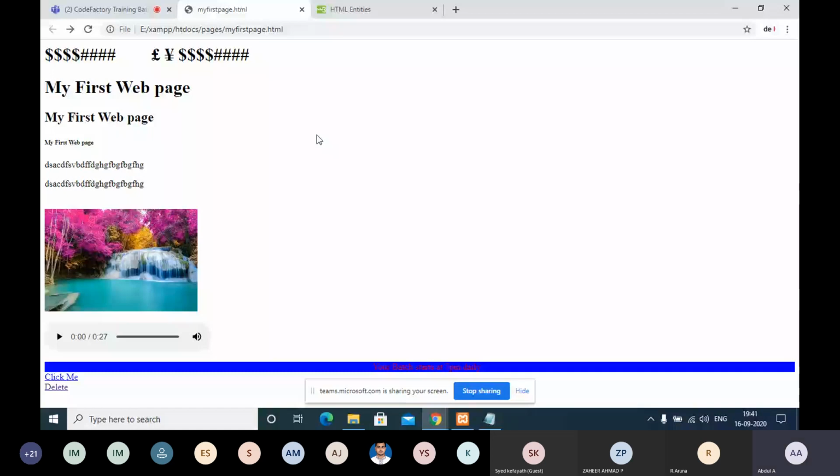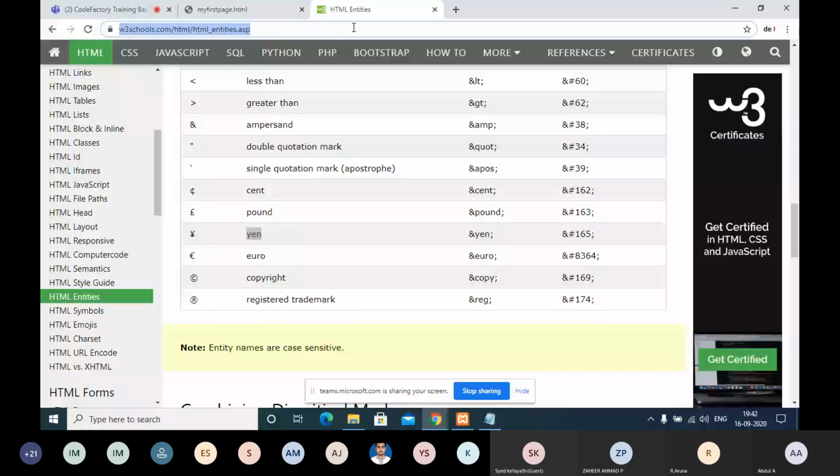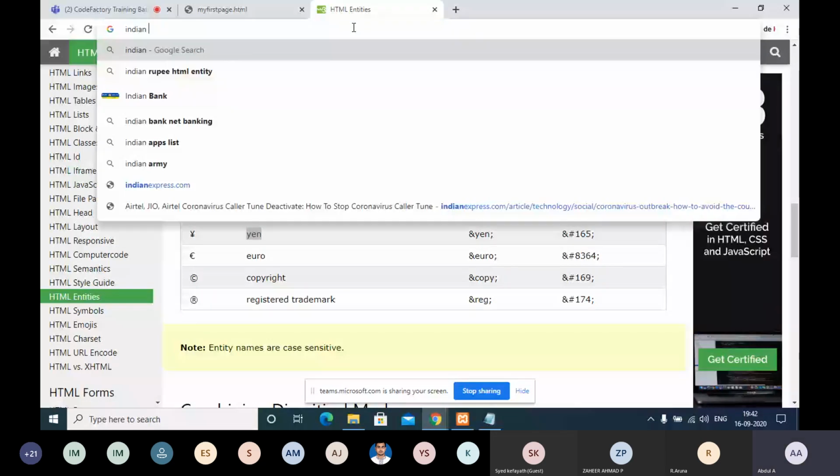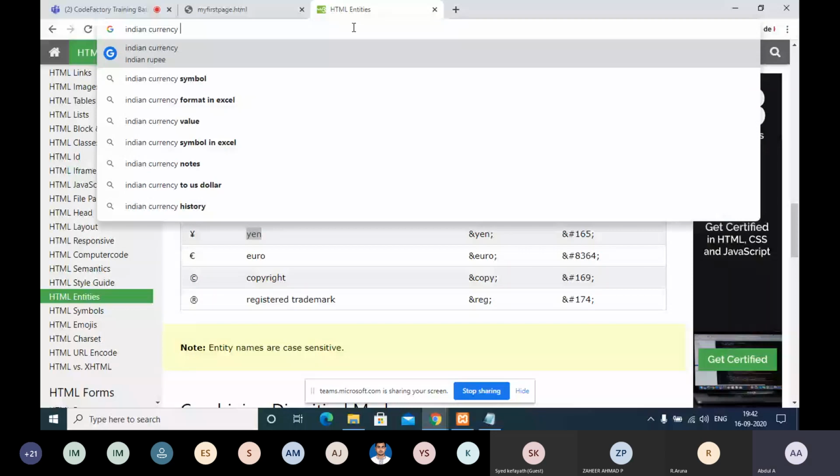If you want to bring it into HTML, how will you make it? In that case, you just go and search for the Indian currency symbol. In HTML entity, it will be available as an entity. So you are getting the entity like this.